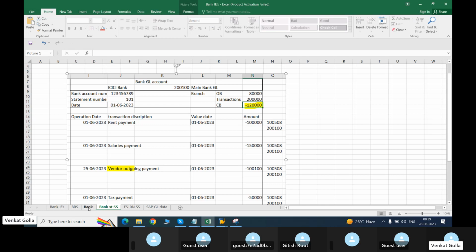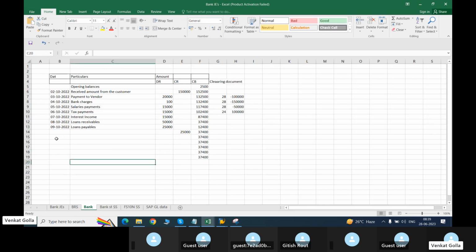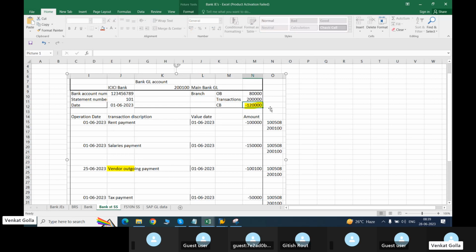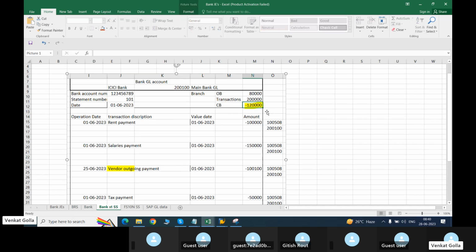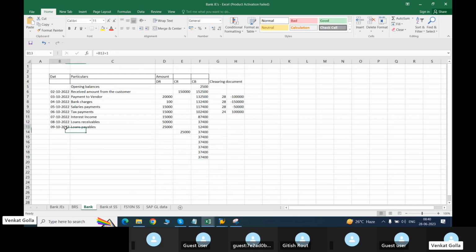Now how are you going to identify? You will add here, below the lines, all of today's transactions. Until yesterday, it is already there. So if you add today's transaction, ultimately the closing balance as per the bank statement, closing balance of 1,20,000, it will appear here as 1,20,000. Once it appears as 1,20,000, the bank statement PDF file is matching with Excel, then